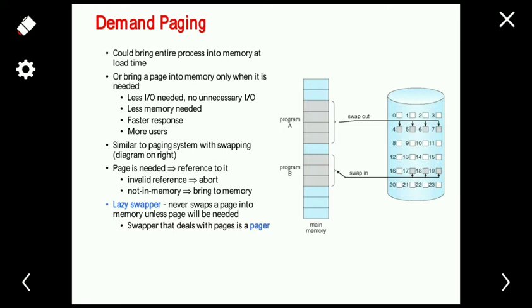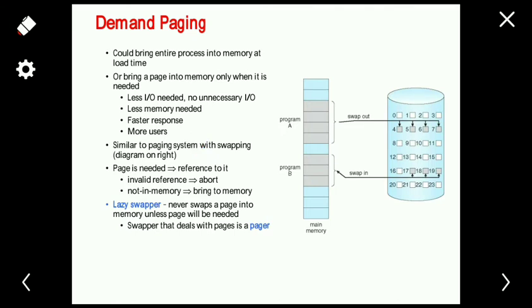So demand paging is an application of virtual memory. It is the combination of paging and swapping. Okay, so here the main criterion is that a page is not loaded into the main memory from secondary memory until it is needed. So a page is loaded to the main memory only on demand. So this scheme is said to be demand paging.